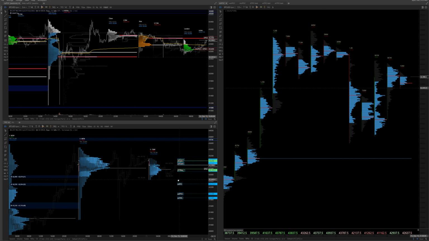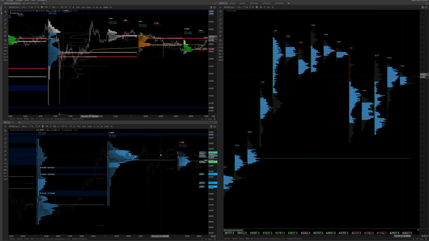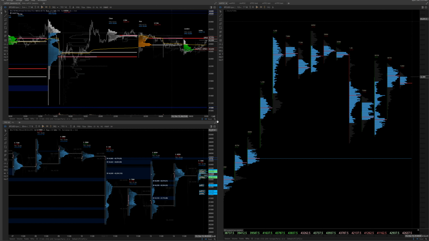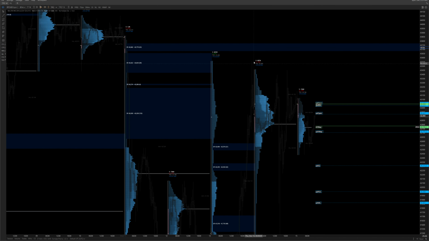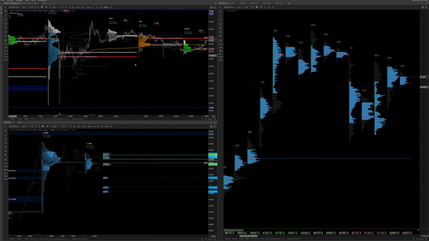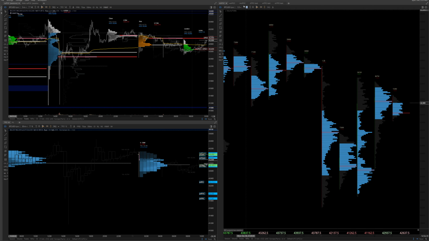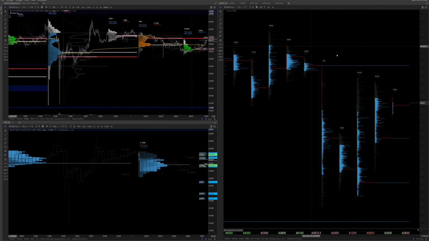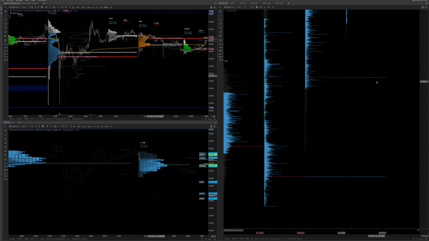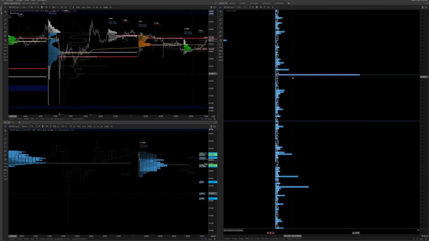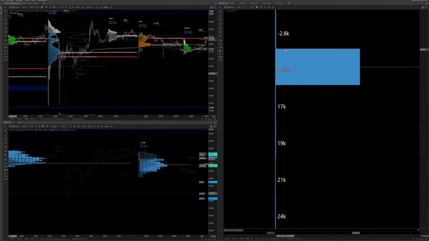TPO, we have none. Okay, by the way, we have a single print, as you can see here, just above the top. We do have a single print, something to be aware of. And daily naked point of control, we have none at the moment. Maybe on tick 1. Okay, so on tick 1 we do have one here. So let's take this one and add it. It is at